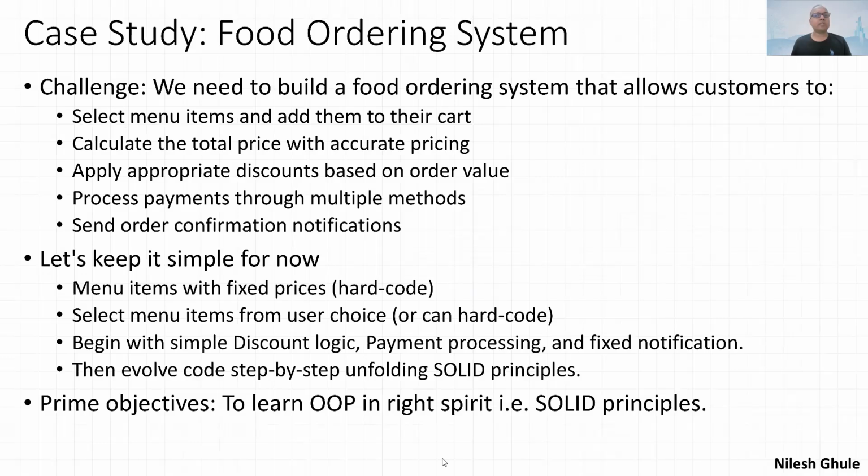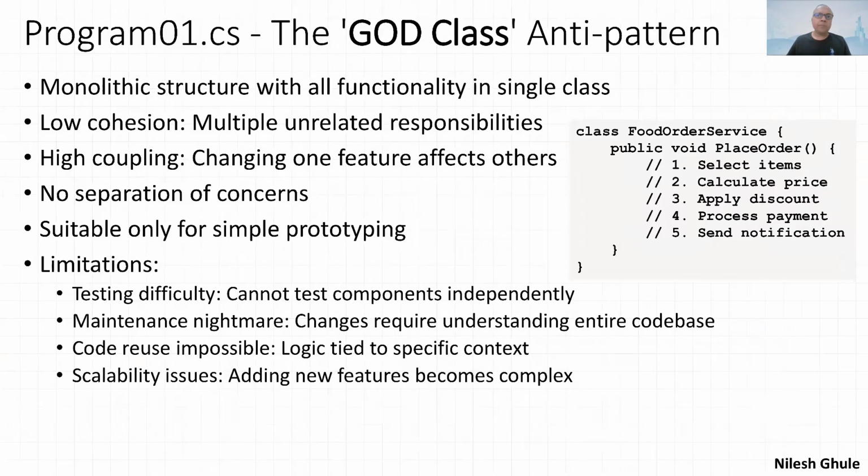Let us try to understand. What we implemented is a single class doing all the functionalities. And many times such a class is referred to as God class, because God can do anything and everything. It is a single monolithic structure with all functionalities. Is it good? This can be good for some very basic level application or simple prototyping where you are testing something. But this is really the worst when you are going for production code, because this code is having multiple